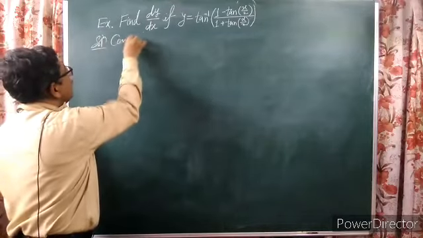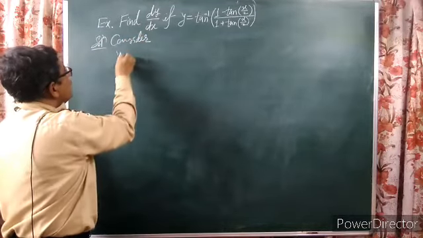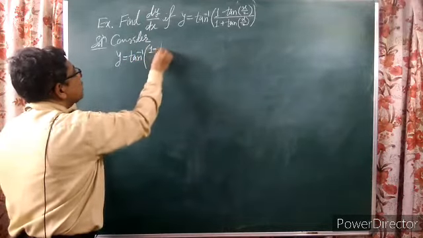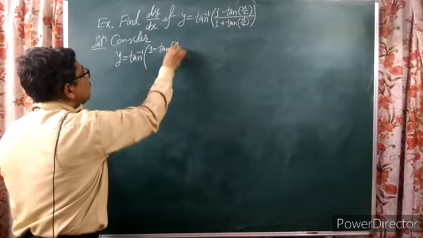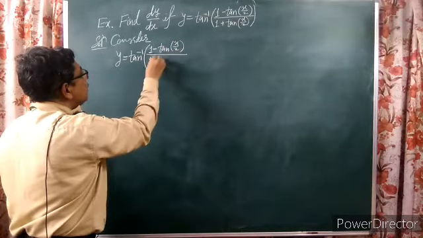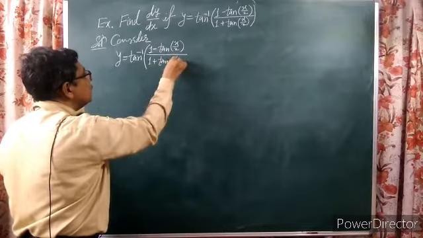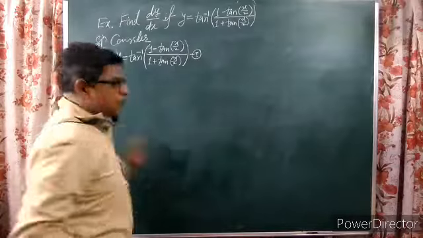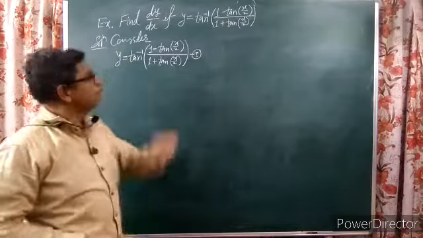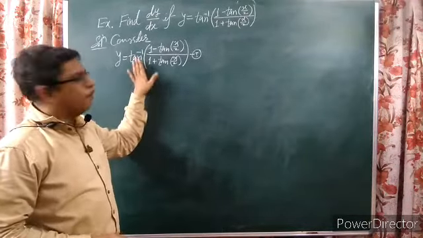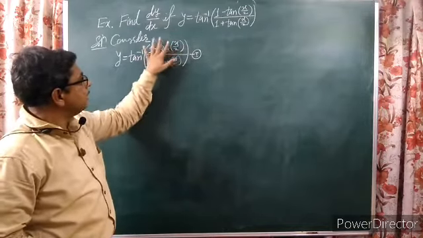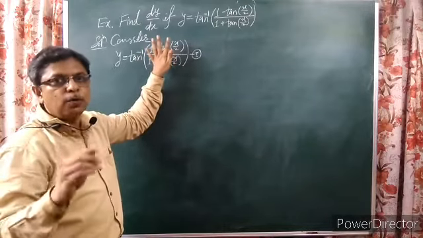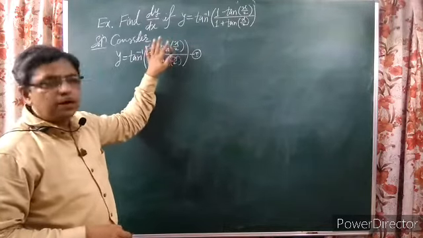Here the given function is y is equal to tan inverse of (1 minus tan of x by 2) divided by (1 plus tan of x by 2). As we have discussed previously, as we have tan inverse outside, we have to adjust the term inside this bracket in the form of the formula for tan or cot. Only two options are there. Just reduce this to tan or cot.